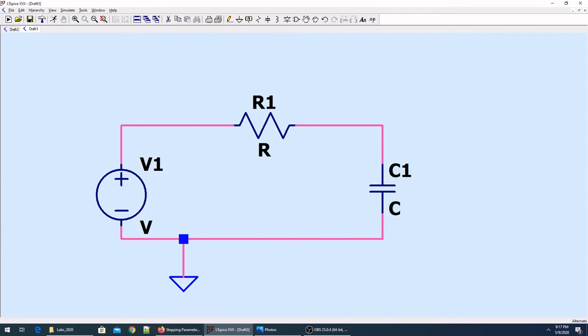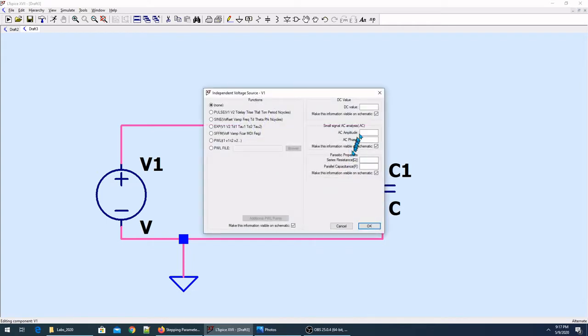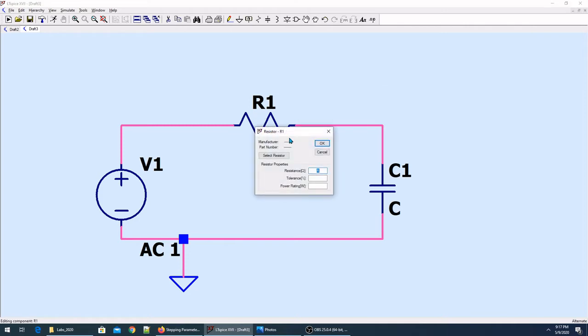and the ground. For the voltage, we will just use the AC amplitude because we are going to sweep through different frequencies, so we are not choosing any frequency. We'll just give the amplitude for the AC analysis. For the R, 1K is enough. For the C, since we are going to do the parametric simulation where the parameter C is going to change